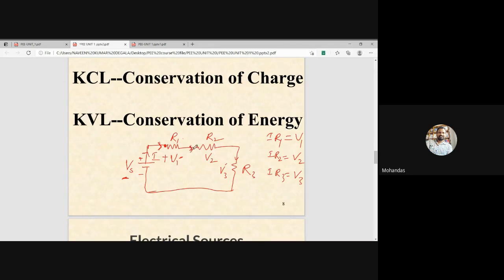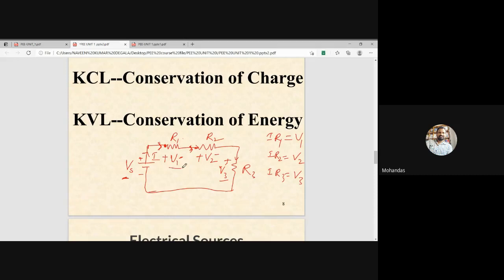As the current I is entering at this point, initially this is plus and this is minus. Okay, and across this R3 there is a voltage drop V3. So current is entering in this fashion, so this is plus and minus. So this is the way we have to assign the voltage polarities for the resistor. This is the first step. You have to find out the voltages across each and every resistor. Second point is you have to assign the polarities for the voltage across each and every resistor. After that, you have to